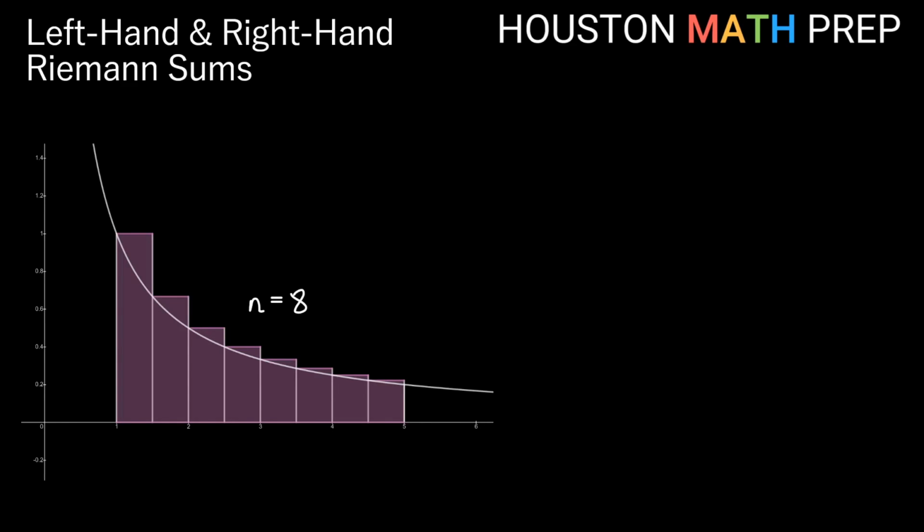One other way to maybe get a better approximation in this case would be to use a picture like this that is not a left-hand sum or a right-hand sum. You'll notice that the height of each rectangle is actually based on these points here that I've labeled, and these points are actually in the middle of each of my 4 rectangles. This type of a Riemann sum would be called a midpoint sum, and that's the topic of our next video